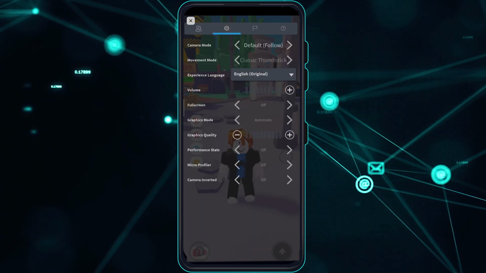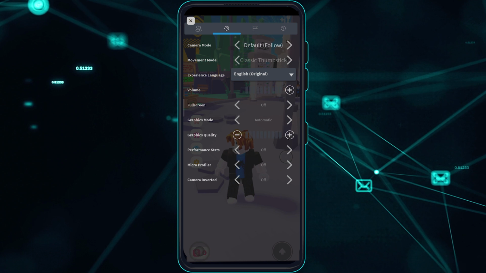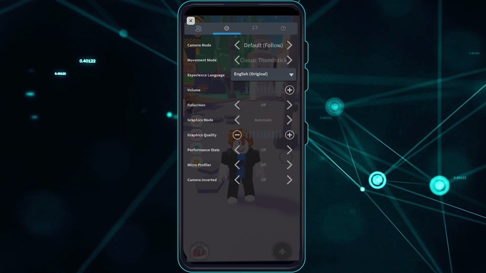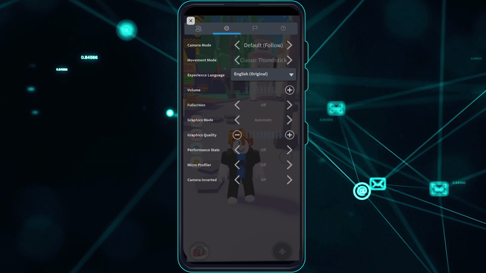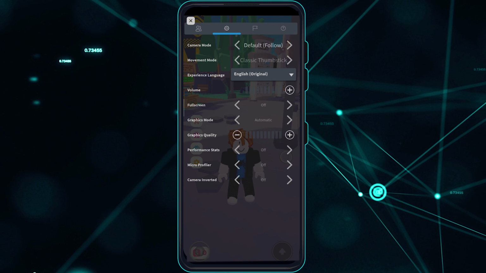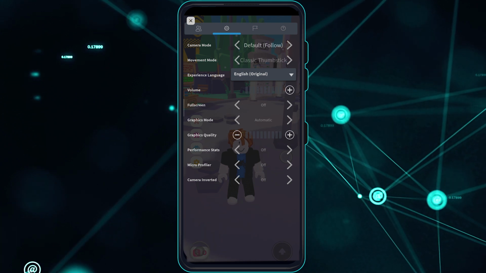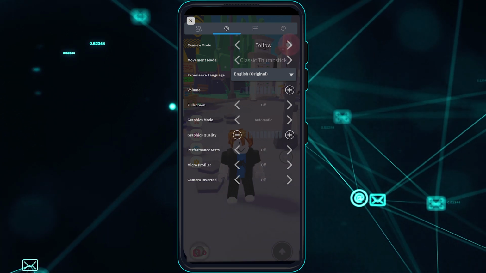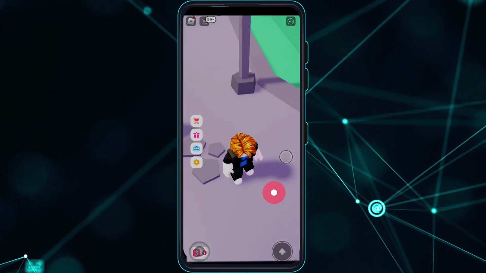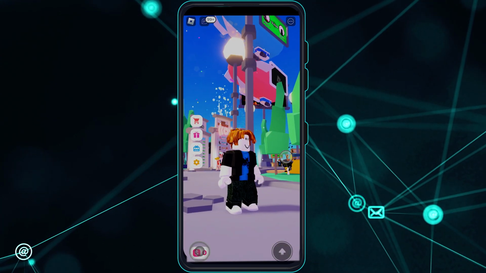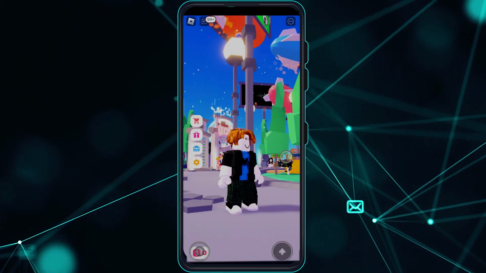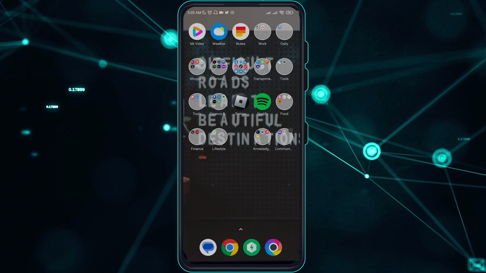If it doesn't, guys, then I suggest to reset your Roblox app altogether by going over and logging out and logging in again on this app. Okay, so there you can also try and modify the camera mode to classic here and see if that worked for you. So after that, if that still does not work, then let's go on over to the